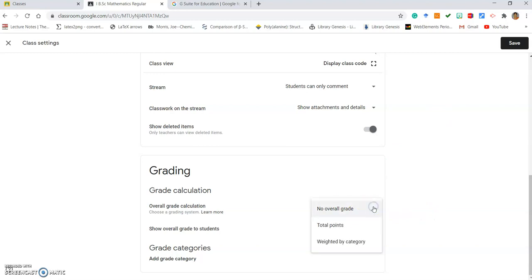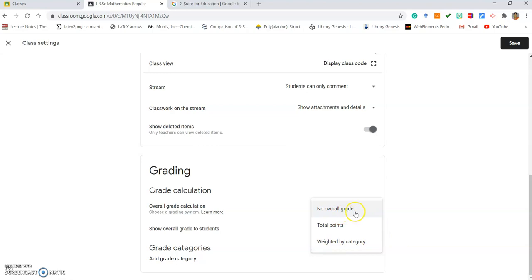Suppose they can follow the overall total points. Say you are giving 10 continuous assignments and you give some random marks, with that you can give their internal marks for assignments. Or you can give a weightage, like assignments are 5%, the class test is 2%, or the unit-wise test is 5%. By weighted category also you can prescribe their grade points.